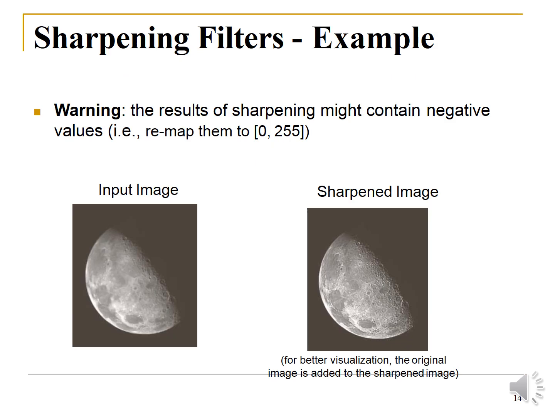Okay, so here is another example of a sharpening filter. Sharpening filter, in the sense, will result in some negative values, that is, we will be remapping them from 0 to 255 pixels. So you can see in the image, the input image is taken and then it is sharpened to get better visualization. Comparing to the input image, it is very clear in the output sharpened image. So from this we can clearly identify that the edges and borders are highlighted by using this particular sharpening filter.